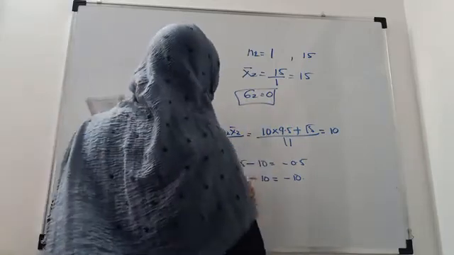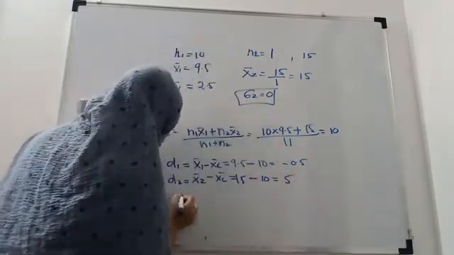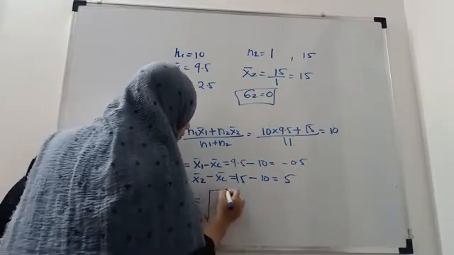Sorry, x2 bar is 15, not 0. So the answer is equal to 5. Therefore, the standard deviation for the combined group is